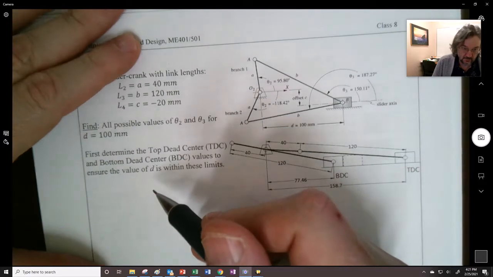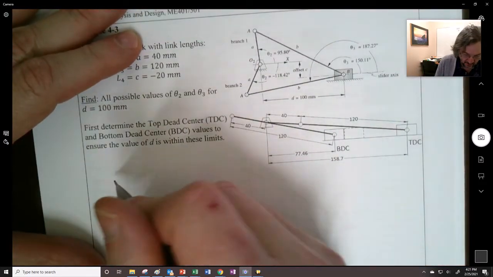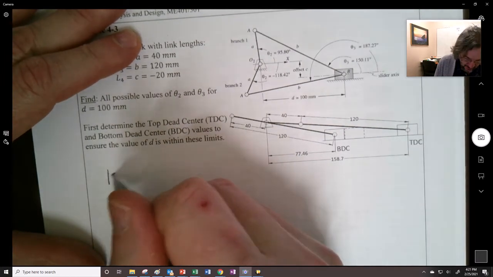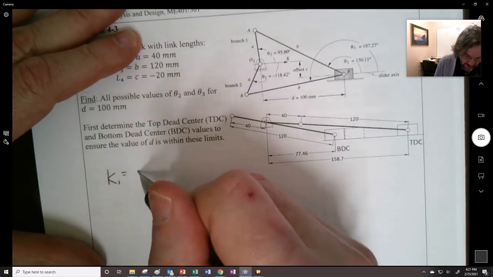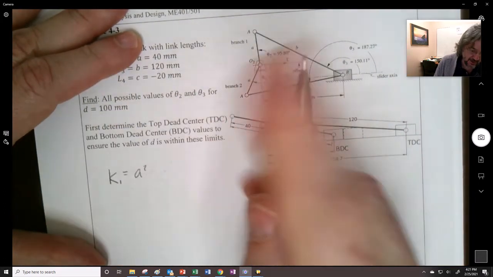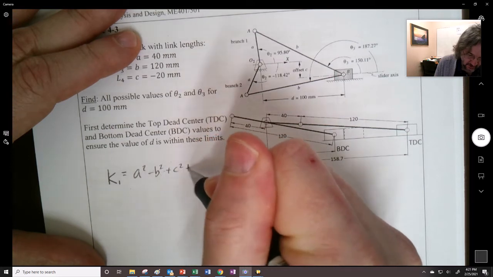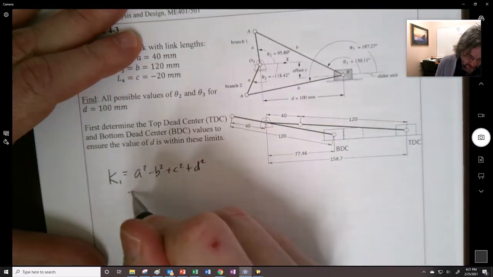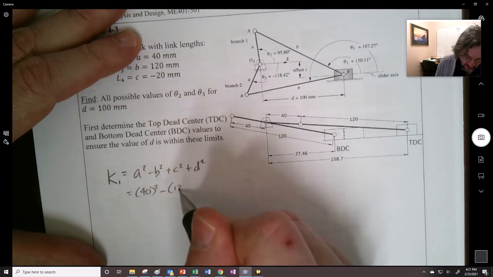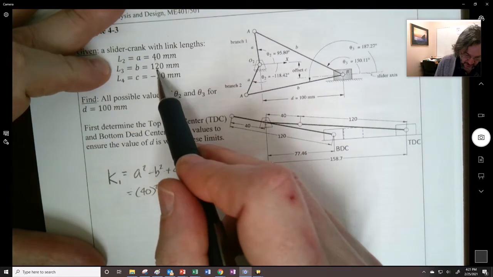So here's the procedure by hand, not something that's really pleasant. We're going to go through and find K1, which is a squared minus b squared plus c squared plus d squared, right? So we put all those there: 40 squared minus 120 squared plus, right? So it's 40 squared, 120 squared,